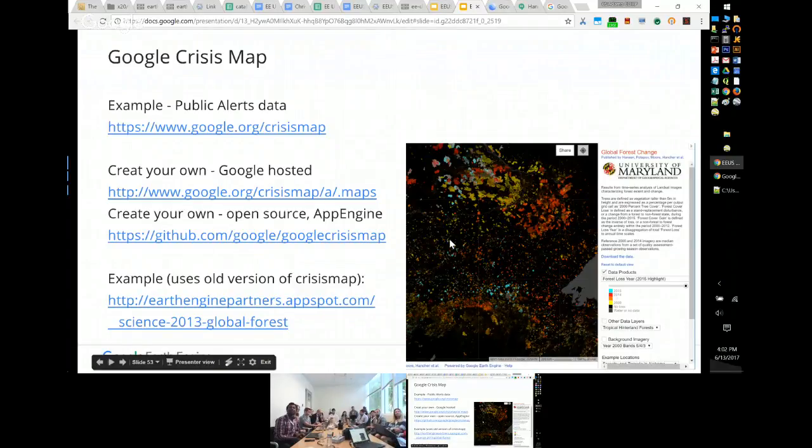Okay. Google Crisis Map is not just for crises. It's a map mashup tool. It lets you quickly create a map with a bunch of layers on it without having to do all of that coding of the Google Maps API. Our crisis response team built this a number of years ago